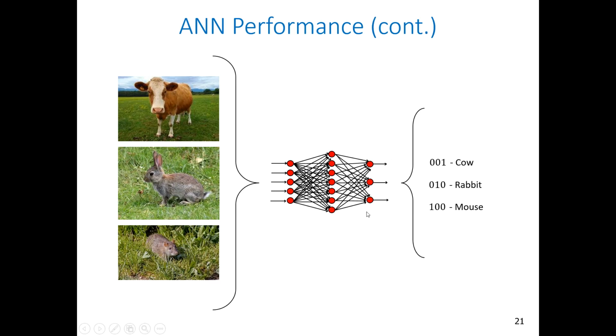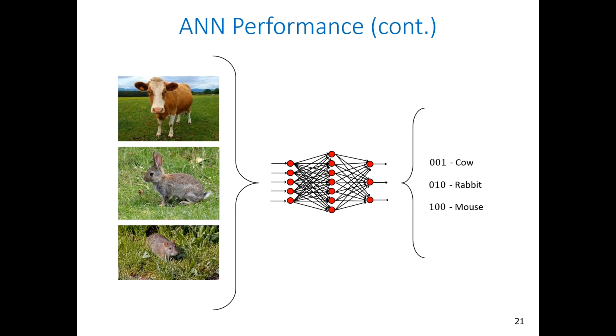If you compare with a decision tree, the output can be a class or category, but here the output is always a number, because in these neurons we have activation functions and the result from an activation function is always numerical. So you have to decode your